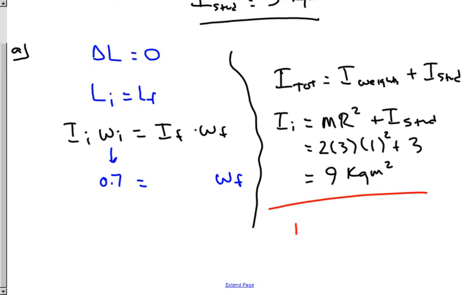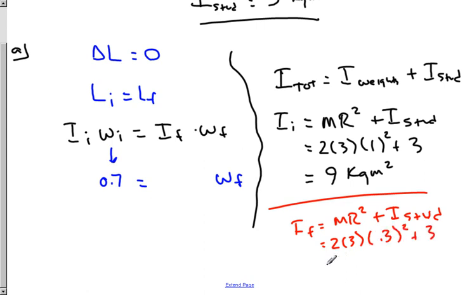In the end, we have the same thing, our I final, that's mr squared again, plus the I of the student. And for our mr squared, we still have 2 of them. They're still 3 kilograms apiece, but they are now at 0.3 meters. And so we end up being left with